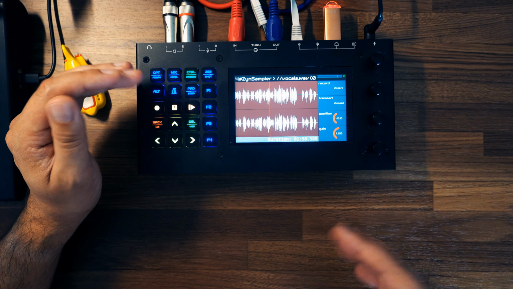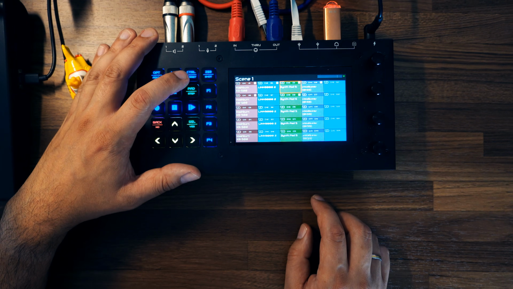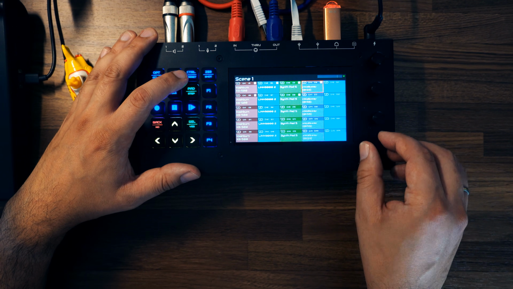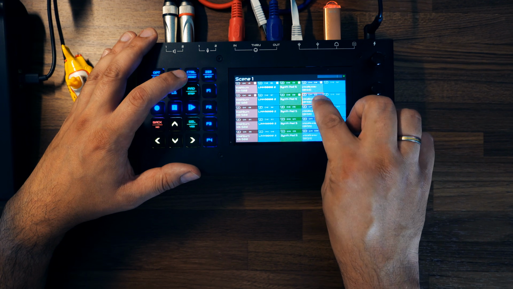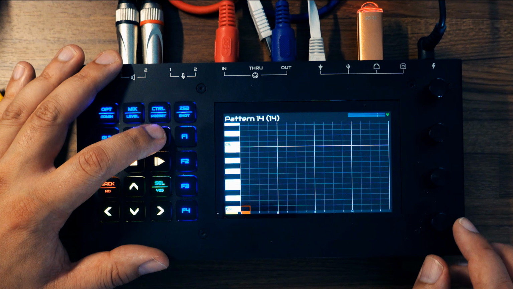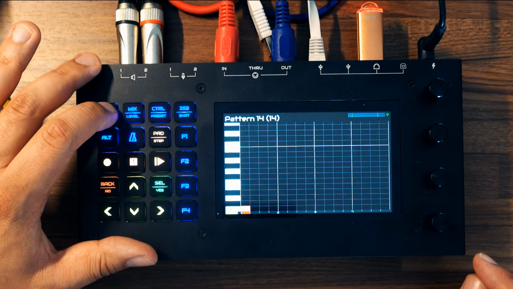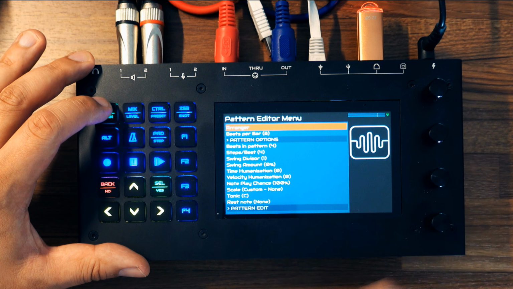Okay, I'm okay with this delay. So let's go back to our sequencer. And now we want to edit the sequence of this vocal track here. So press the pad button again, go to the note screen. Let's insert a note here, and then we want to check how long our pattern is, because we want this